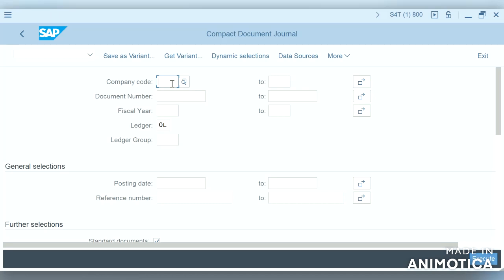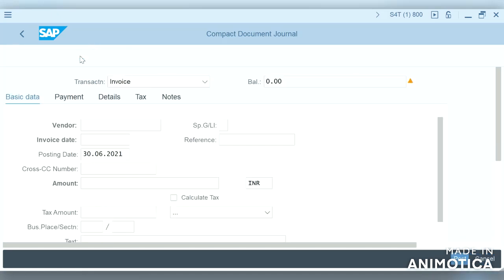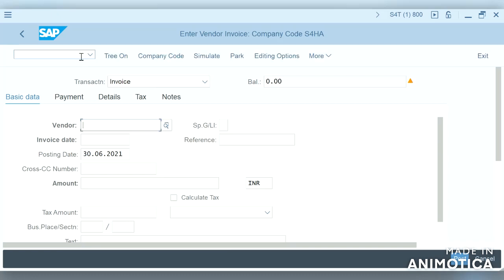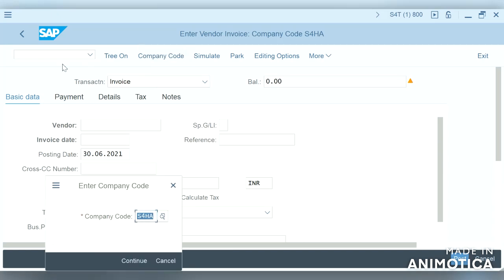The particular document will be posted in that company code, so it is useful in generating the financial statements. Also in FB60, if we check, we can see the company code is available. See, the company code is already automatically selected, and if we want to change it, we can change it here.